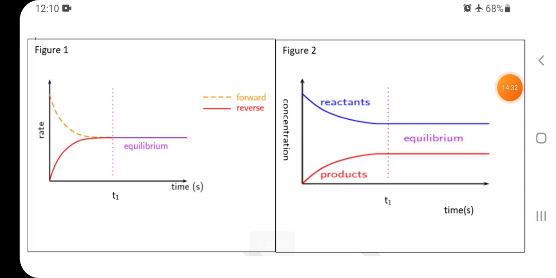So let's look at these two figures. Okay, that dotted orange line for the first figure is the forward reaction, and that red one is the reverse reaction. Okay, so in the second figure, that blue one is the reactant and the red one is the product, and then those dotted purple lines, that's where we call the equilibrium. So we're going to look at rate and concentration. So looking at the rate of reaction, which is figure 1,